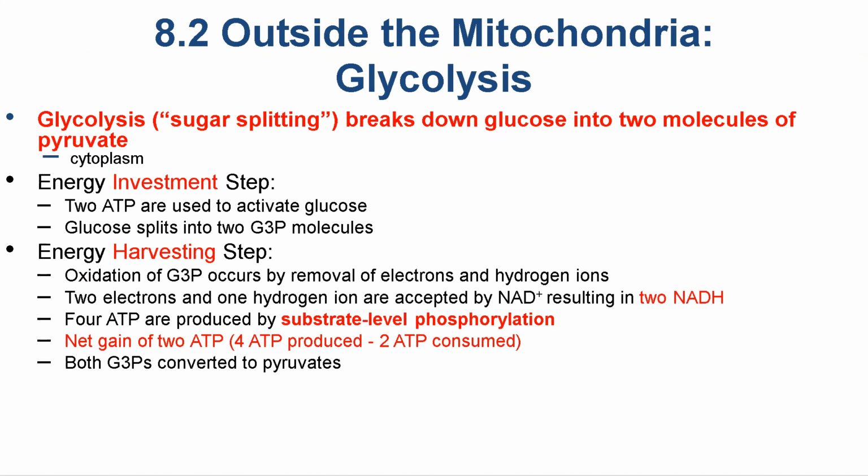All right, continuing on. Outside of mitochondria, let's start with glycolysis, all right? Sugar splitting, sugar breaking, lysis, burst, okay? So we're breaking down sugar. There's an investment step and then a harvesting step. What's great, if you have the mind to invest, is that investing, of course, hopefully brings returns. So we have to give a little ATP at the start to activate it, to harvest more ATP. So 2 ATP are invested, and then we're harvesting, so 4 ATP are gained, which means a net of 2 ATP in total.